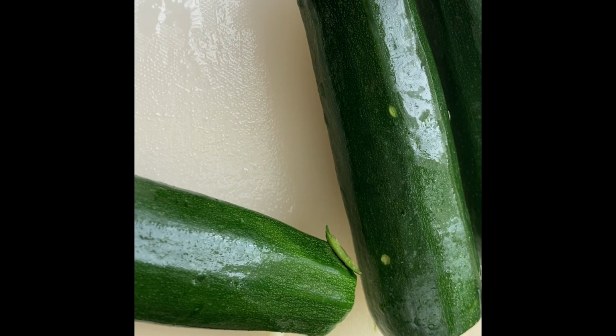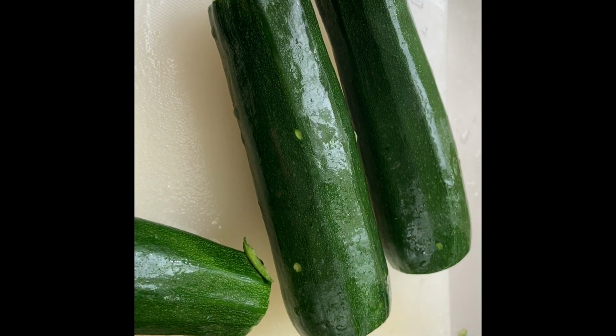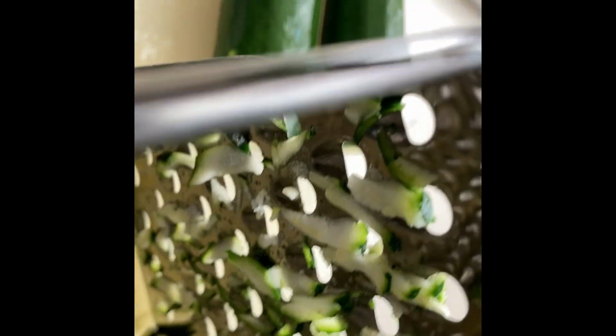For the pesto di zucchini, we need the following ingredients: zucchini, shred and drain to remove excess water,